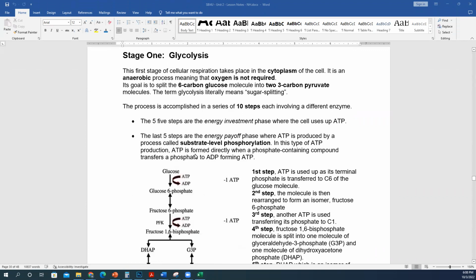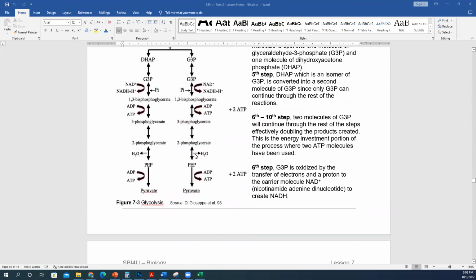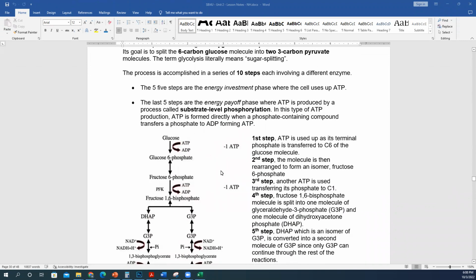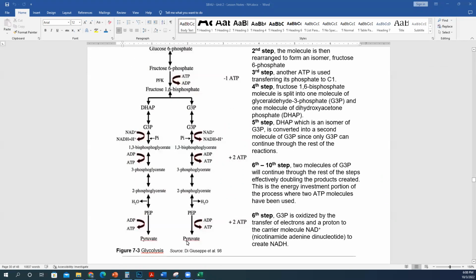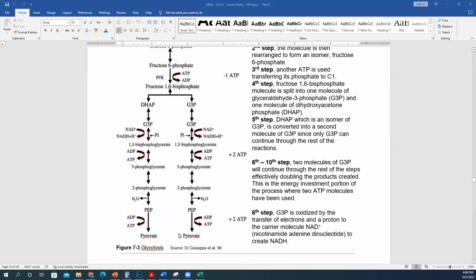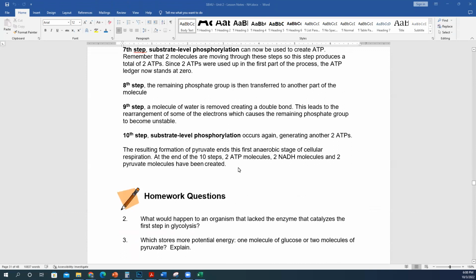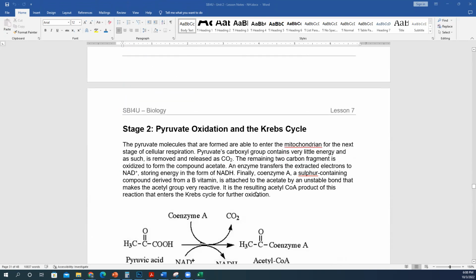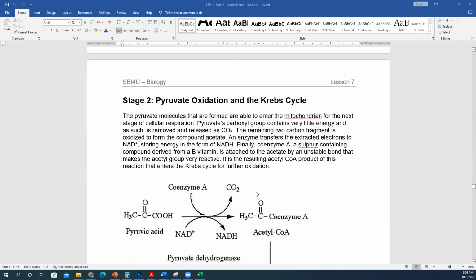So when we look at stage 1, which is glycolysis, at the end of these 10 steps that make up glycolysis, we are left with 2 molecules of pyruvate, and we have made 2 molecules of ATP. We have made 2 molecules of NADH. So then what happens? These molecules of pyruvate can now enter into the mitochondria to enter the next stage of cellular respiration, which is